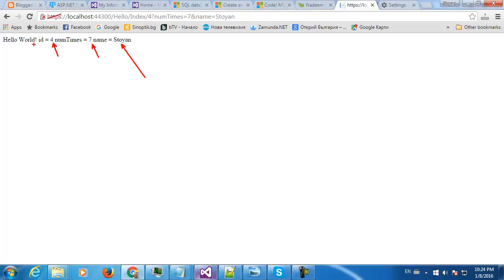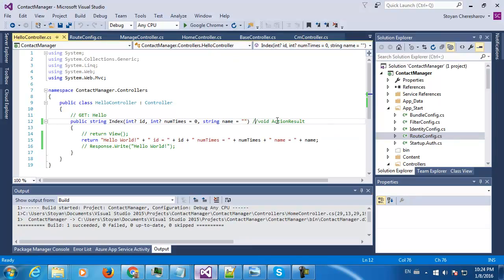Let's send these parameters to the view. Let's create a view and see how we can pass these parameters, these values, to the view, because it's the view's responsibility to show them. The presentation layer should show them. Okay,